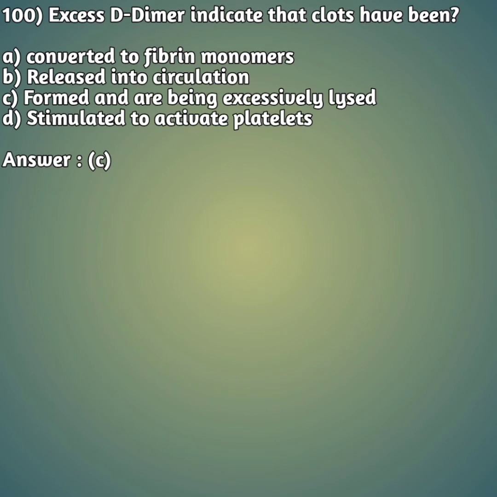Excess D dimer indicates that clots have been option A, converted to fibrin monomers, option B, released into circulation, option C, formed and/or being excessively lysed, and option D, stimulated to activate platelets. So the right answer is answer C, formed and/or